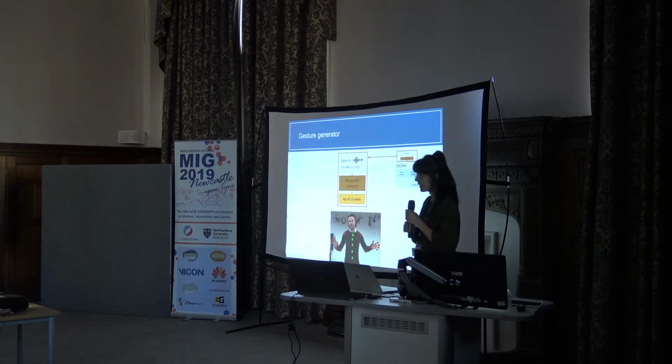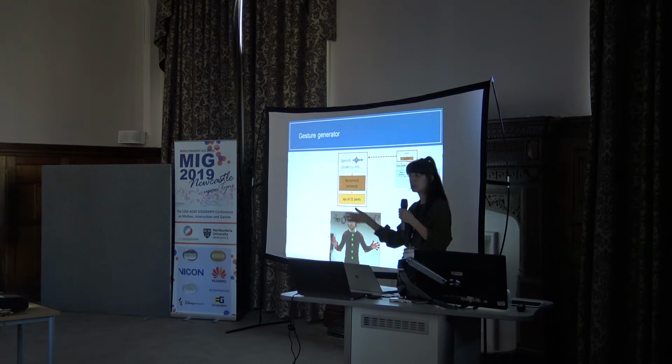So first, let's look at our generator. We have a speech input signal that is just automatically extracted speech features. And then we have a standard kind of recurrent network that can handle sequential data. So recurrent networks can handle time series data. In our case, the time series is 5 seconds of input speech, and output is the concurrent 5 seconds of gesture motion. And each predicted frame of that gesture motion is dependent on the previous frames,